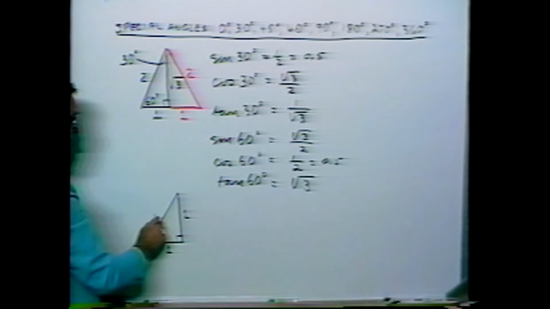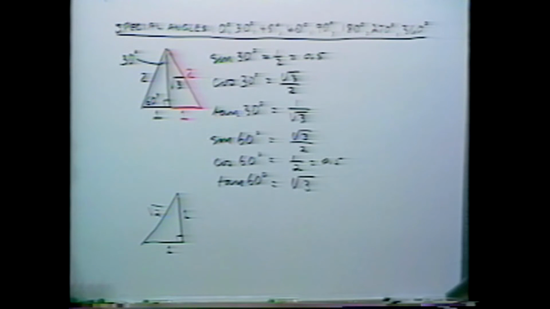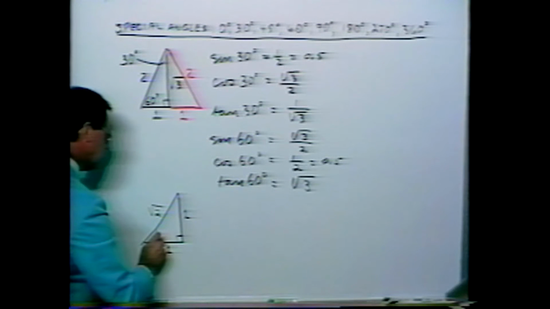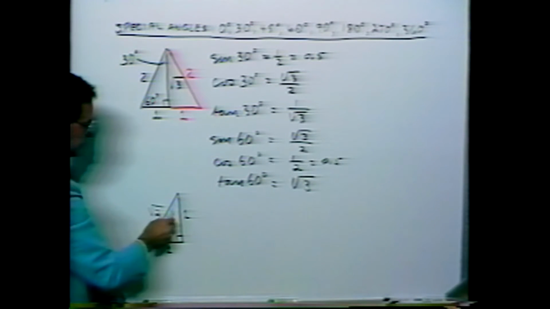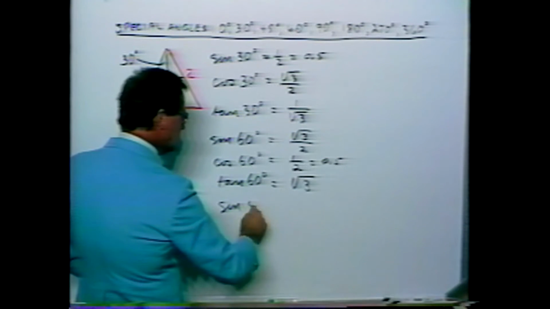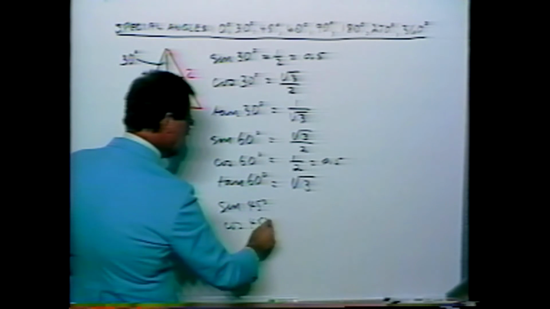From the Pythagorean theorem, the hypotenuse is therefore equal to the square root of 2. That's the length of the hypotenuse. Having constructed the triangle this way, that makes each of the base angles 45 degrees, so this one's 45 and so is that one. Determining then the sine of 45 degrees and the cos of 45 degrees, and finally the tangent